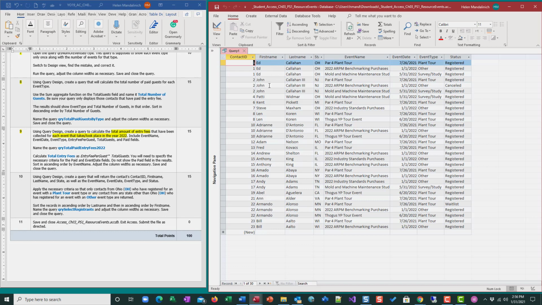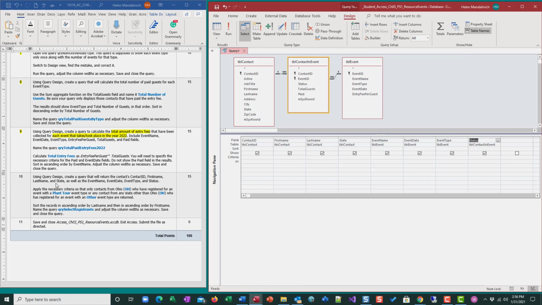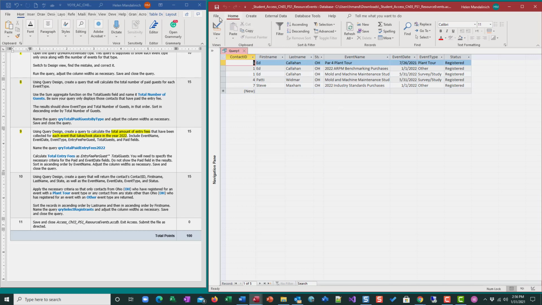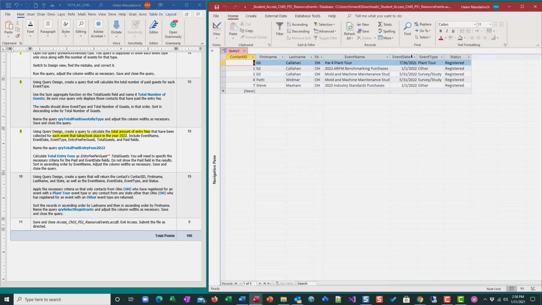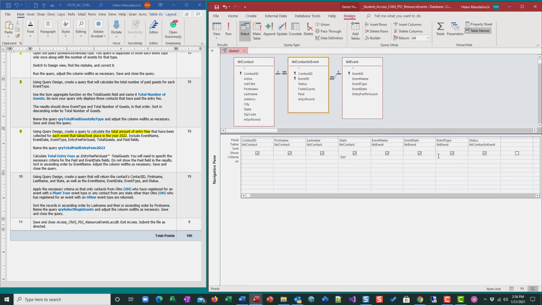It's just going to have each contact and the events, but I don't think that's all we want, right? So we have this part. It says apply the necessary criteria so that only contacts from Ohio. So we're going to come here and we're going to just type OH, right? So let's run it again. There we're down to just Ohio, who have registered for an event with the plant tour, right? So we got to come over here for event type and type plant tour,